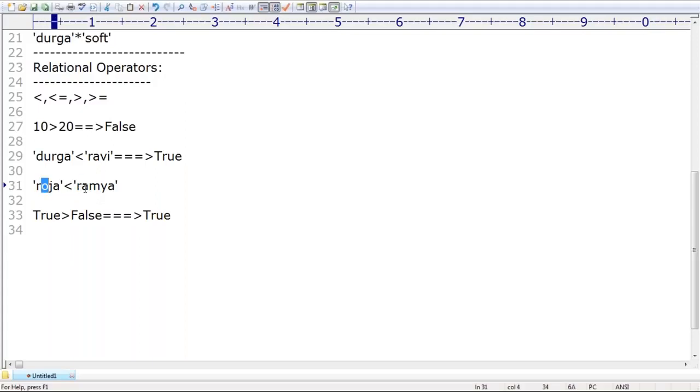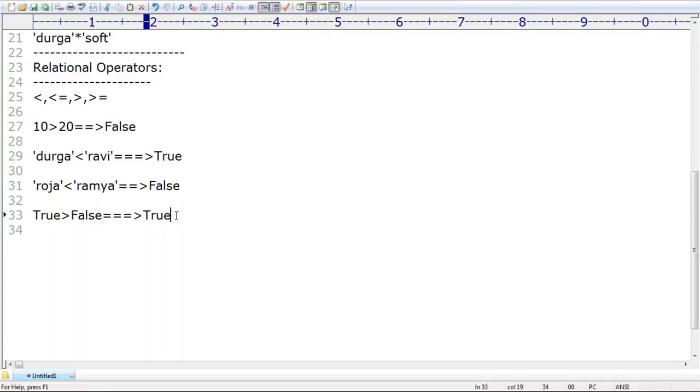Now O and A: O is bigger than A. That's why Roja is bigger than Ramya, so with the less than symbol, the answer by default is False. I hope you understand. No special mathematics here; it only compares character by character until the result is decided.